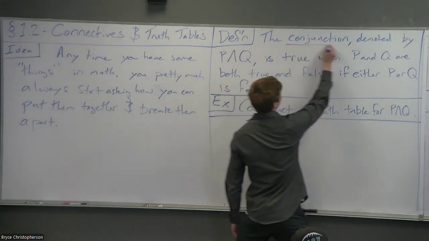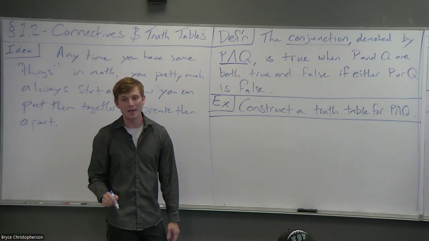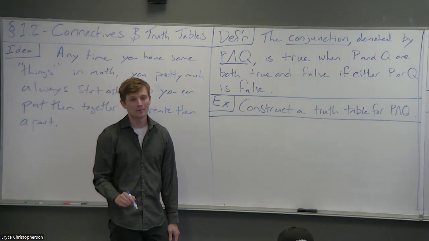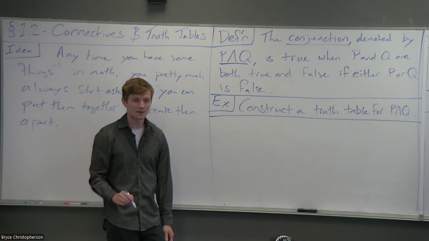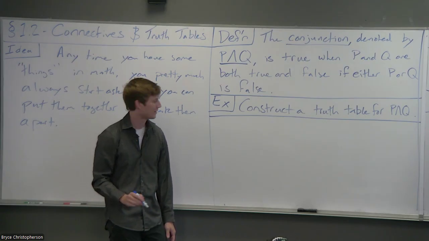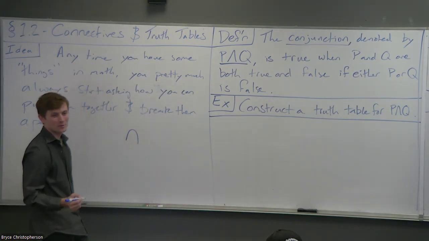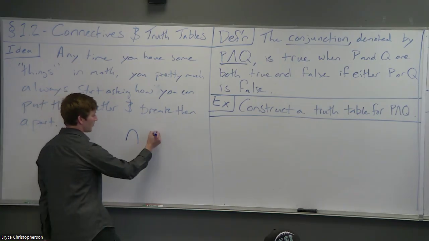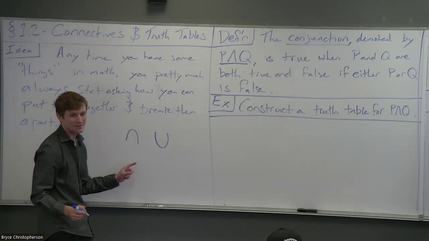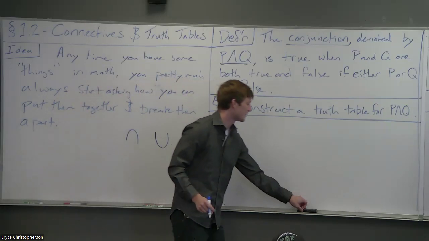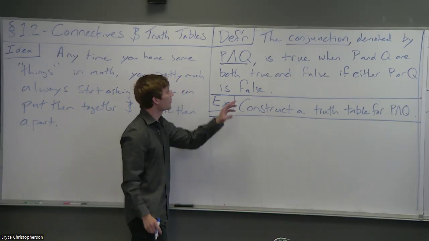P and Q with this little wedge, it looks like an A with no line in between. We will see where this notation historically comes from more when we start talking about sets. This is quite similar to the symbol you may have seen for intersection, which looks like this. And the symbol for the union of two sets looks like that. These are basically a pointy version of each one, to kind of make sense of it not necessarily being about sets. So either way, if you could just accept it,